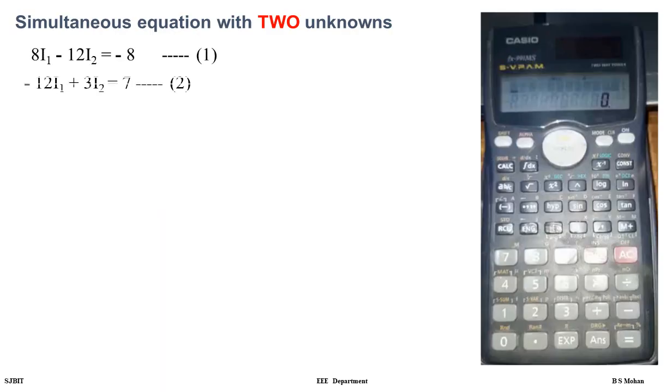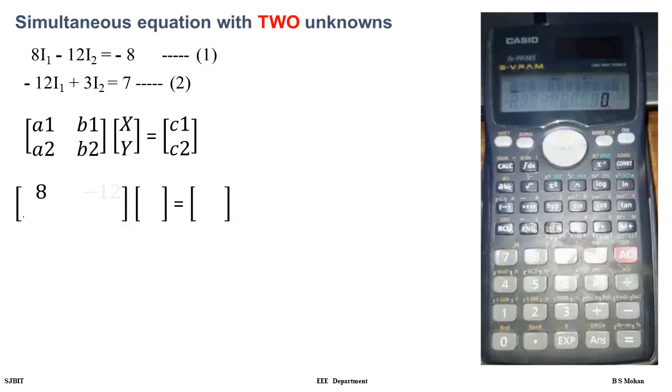So these are your two equations, given as 8i1 minus 12i2 is equal to minus 8, and minus 12i1 plus 3i2 is equal to 7. If I write them in simultaneous equation format and compare, x and y in this case are nothing but i1 and i2, and c1 and c2 are nothing but the constants, which are minus 8 and 7 respectively. When we compare, a1 is 8, b1 is minus 12, x is i1, y is i2, and c1 as discussed is minus 8. And I hope from this one can decipher the other parameters. So a2 is minus 12, b2 is plus 3,